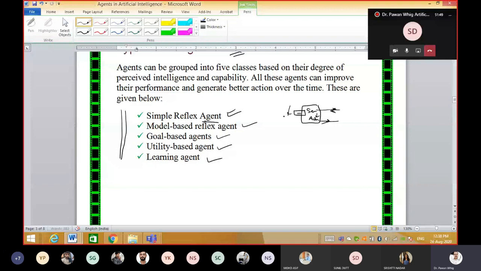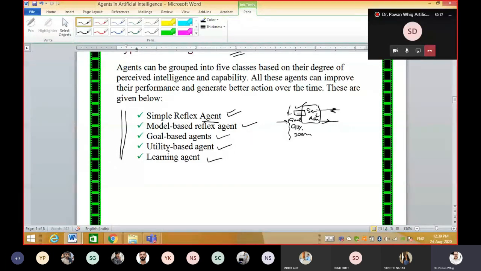Third is the goal based agent. In the goal based agent, basically we set a goal along with this model. Like you have to complete this task, any goal. We want 90% of the room to be clear, or we want everything to be done within 30 minutes. So any goal you set, your model agent starts working according to that goal.